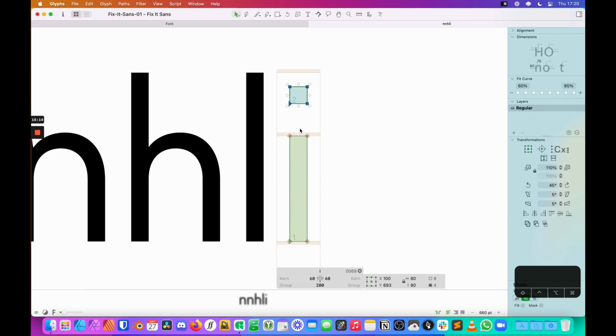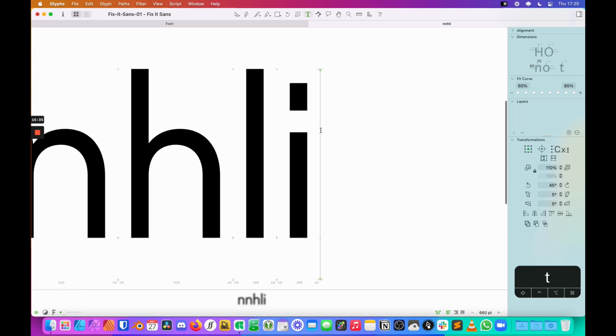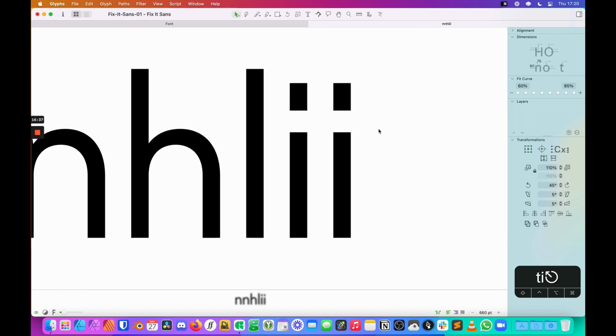Really, how far you bring this down depends on your font, or how it's shaping up, or its style or design. There's a couple other things that you might consider with that too. In this case, the dot is a perfect square right now. Some fonts may make that a little bit bigger by dragging down the box so that it has a little bit more mass that way, which can certainly be an option.